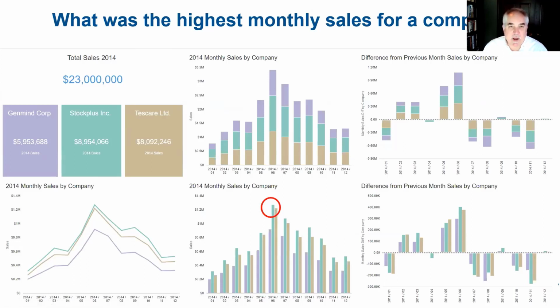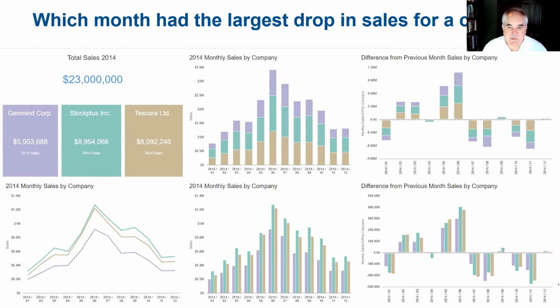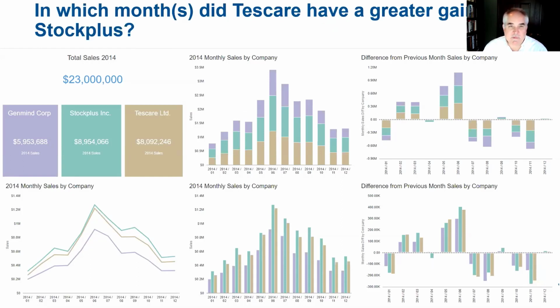We can graph which had the difference, so that when we say which month had the largest drop in sales, we can just simply find which of these bars is descending the longest. And we can see immediately it was Stock Plus in November. And then, of course, in which month did Test Care have a greater gain than Stock Plus? We're really looking for in which one of these months is the gold bar longer than the green bar. And it turns out,